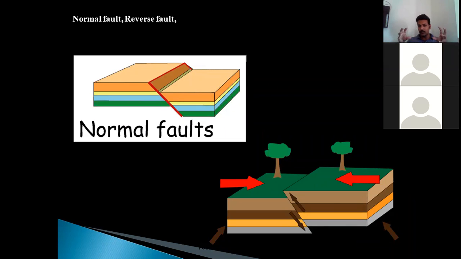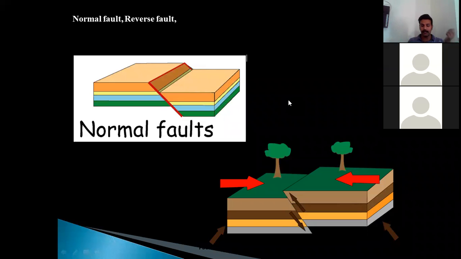Normal faults usually form because of tensional stresses, whereas reverse faults usually form because of compressional stresses. You can see the red arrows. When you compress the rock strata, they override each other, and because of that, the reverse fault takes place. When the fault plane of the reverse fault shows a very low dip, in that case it can be called a thrust, or thrust fault.